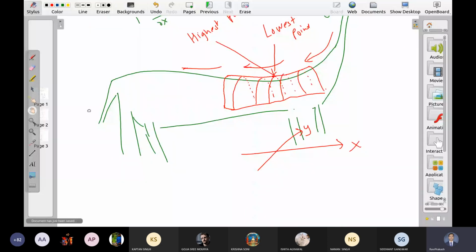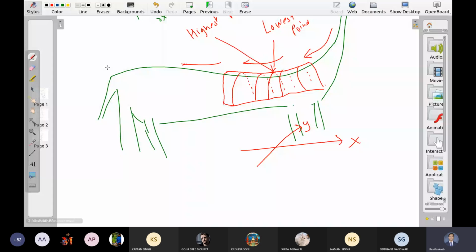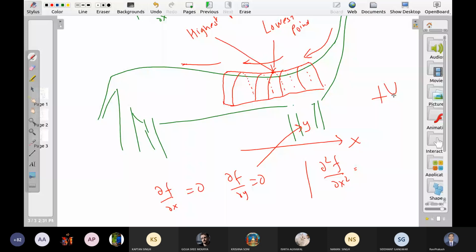Obviously, the gradient is 0 at this point. Del f over del x is 0, and del f over del y is also 0. But about the second derivative, it is lowest. Lowest means the first derivative is negative, then 0, and then becomes positive. It's positive. But what about the second derivative with respect to y? It is negative, right? Because along the y-axis it is the highest point, along the x-axis it is the lowest point.